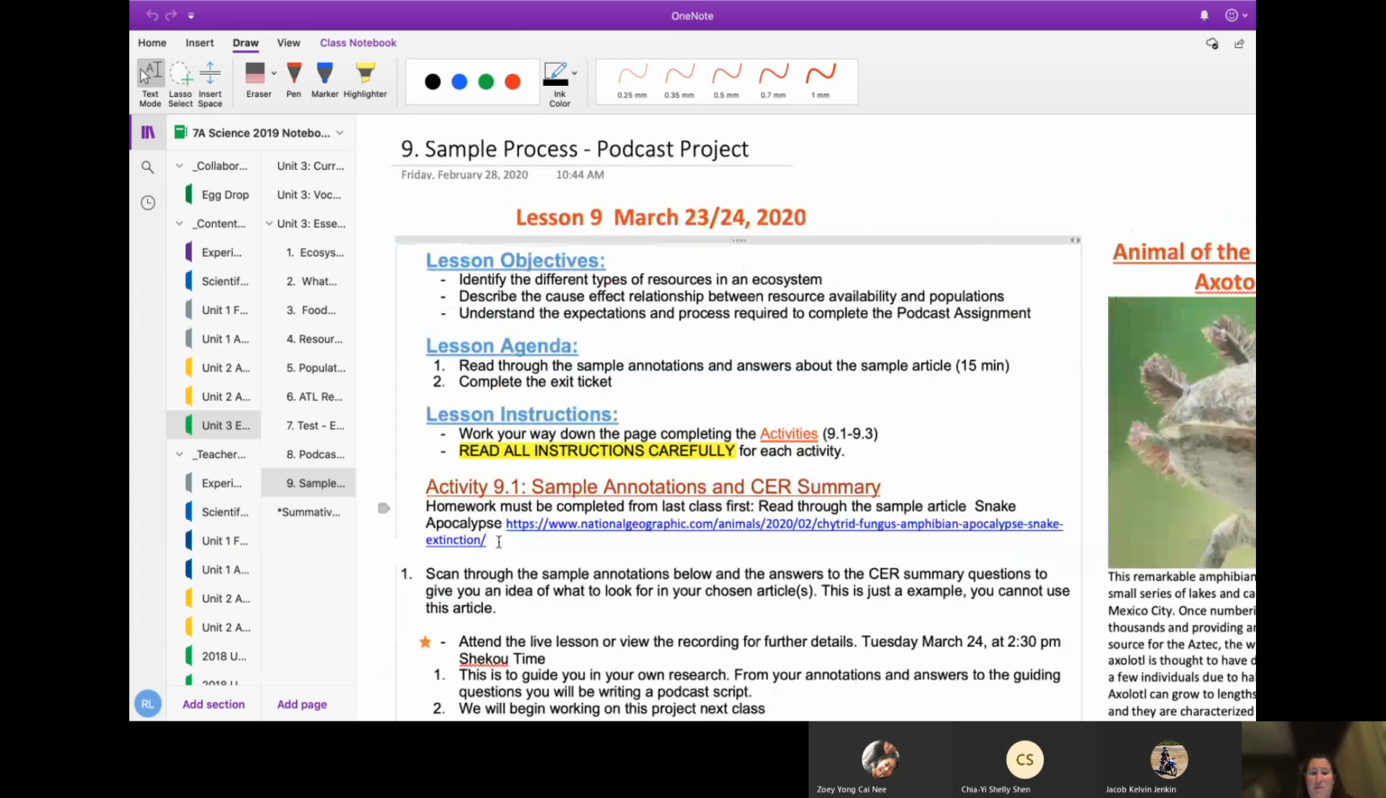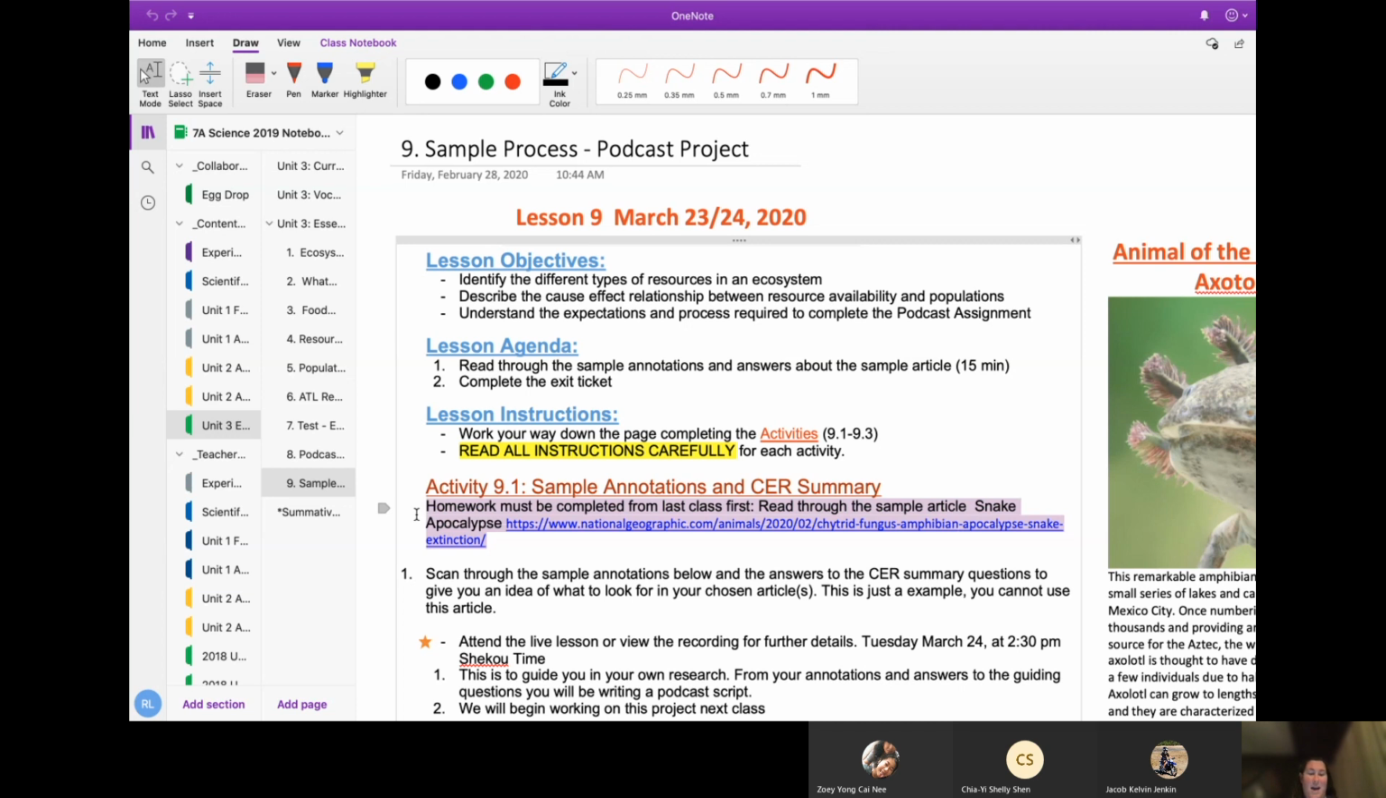Last lesson you were supposed to read this article as homework, so you should have pre-read it. If you haven't done that yet, I'm not going to be reading the article. I'm going to be scanning over some sample annotations. You really have to keep up for that to make sense. So if you haven't read the article, a lot of this information you might not know yet, and I'm skipping